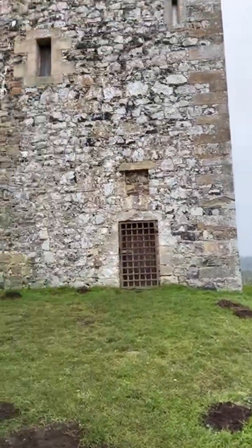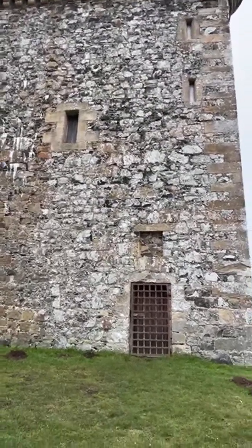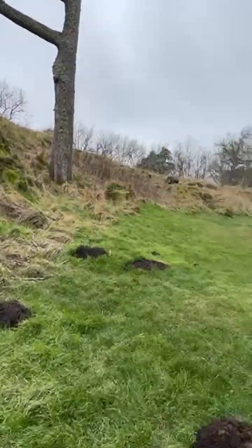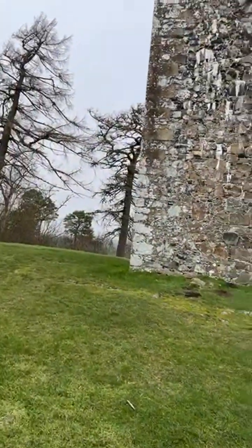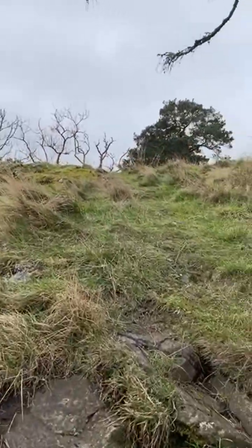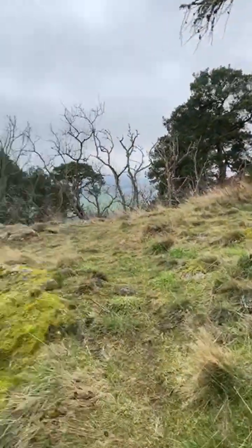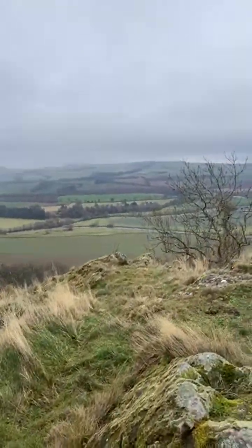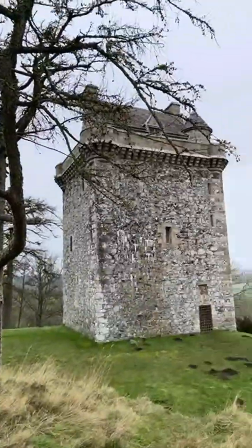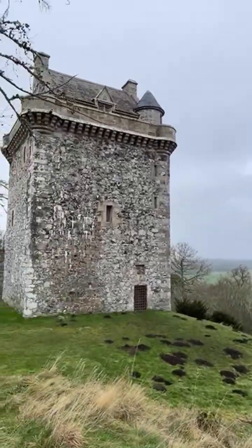So if you were besieging the, well, it's not really a castle, it's called a peel tower. If you're besieging the castle, you can either wait for the people to get bored and go away, come out and surrender, or you would try to get them out some other way. It's only a 15-minute walk out to the river. It's not that bad. So what you would normally do to besiege a tower like this is